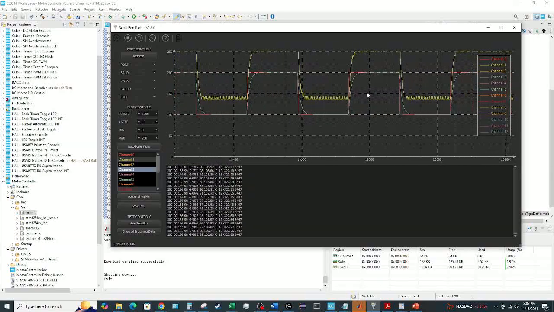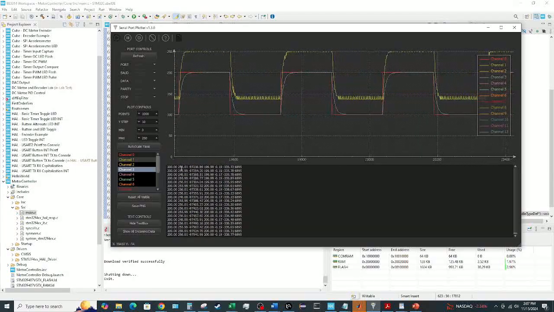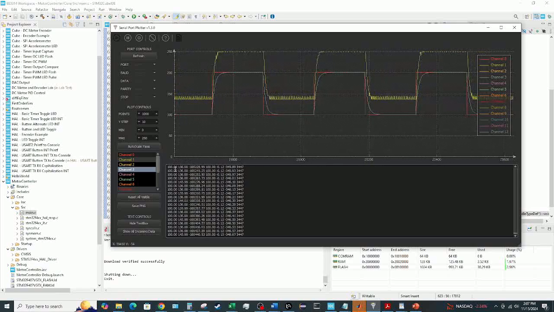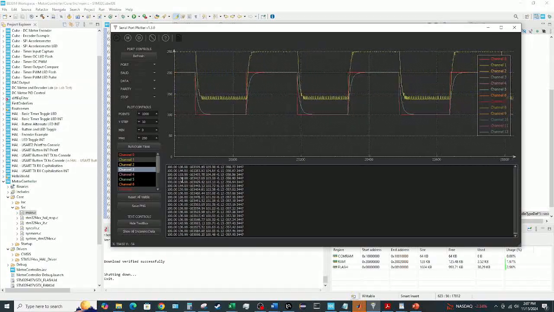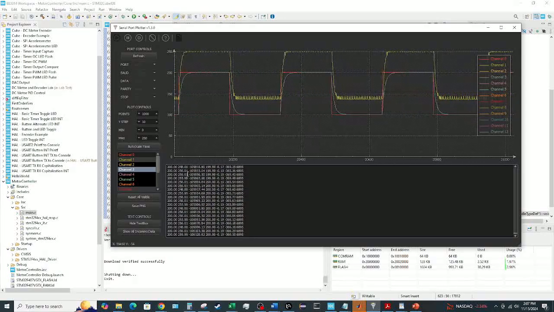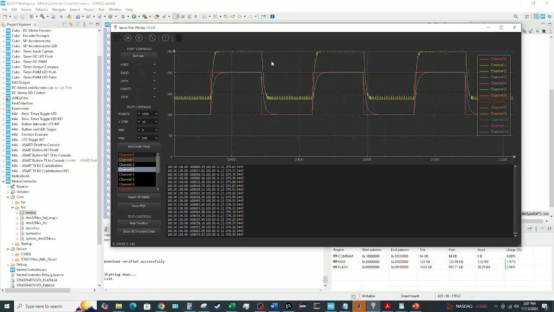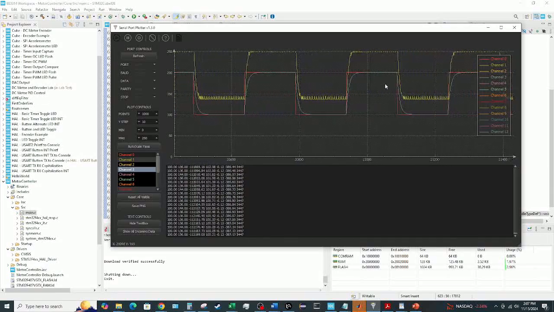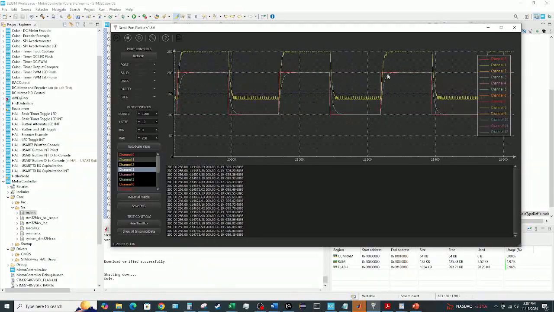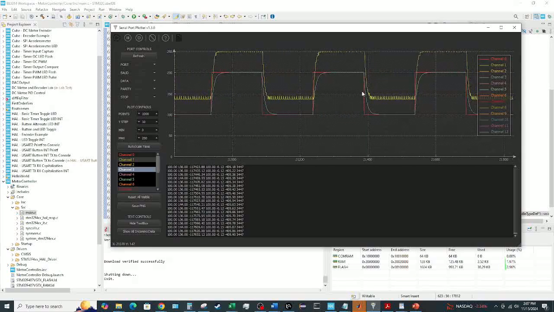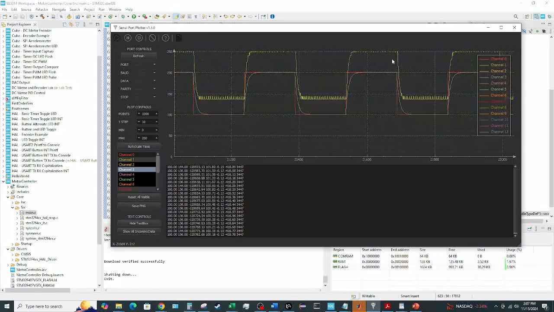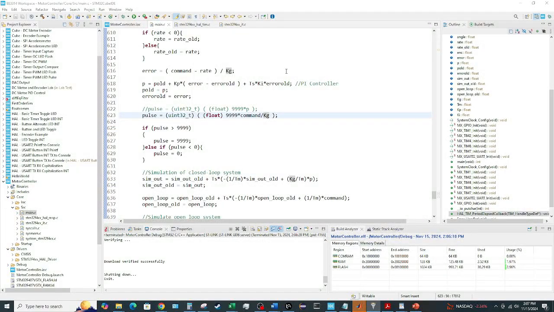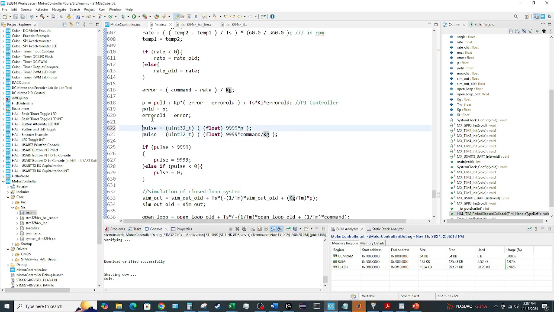And you can see it's not closing the loop, so it's really not reaching the commanded values. We're supposed to be going from 100 to 200, but we're going from 130 to 250 or something like that. So again, the control system is not active right now. It's just open loop. And you can kind of see that the response is slower. So if we go back in here and re-enable this control system,